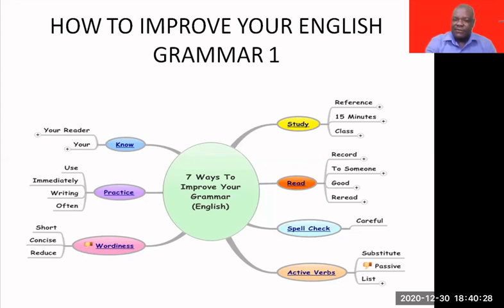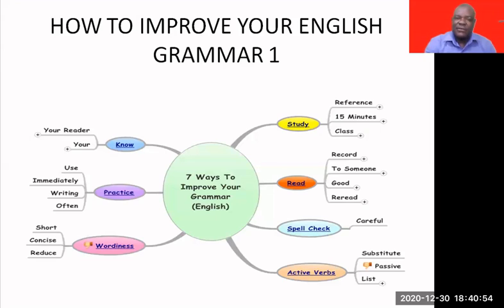Then active verbs, you can make a list of the verbs. Verbs are action words, active verbs. Well, that's one approach. Then wordiness: short, concise, reduce. One of the ways of really improving your grammar is to practice writing,